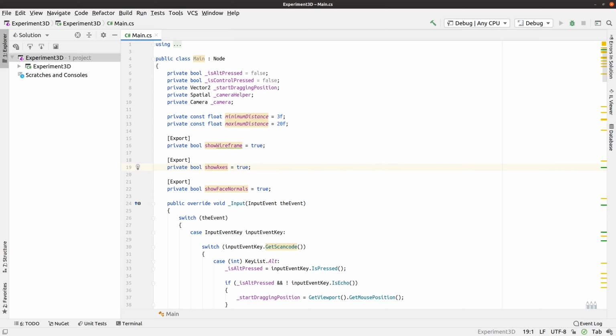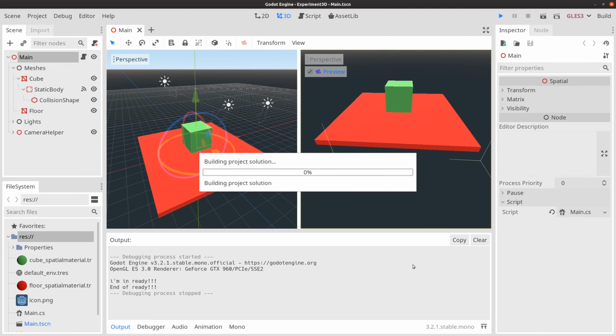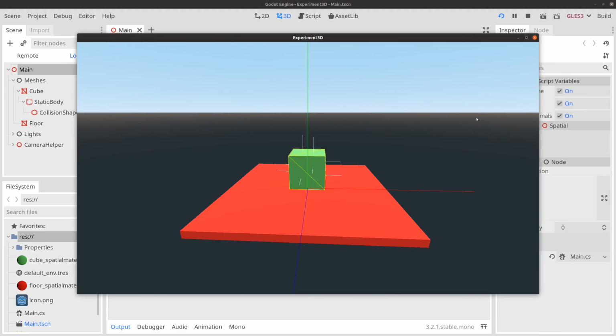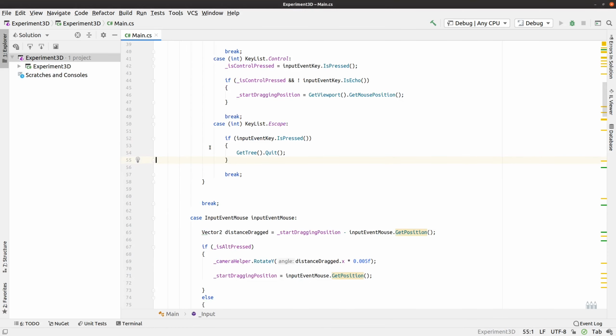So we have the main node selected, and I don't see those variables here, so I'm going to hit the play button. And I don't know if you've noticed, I'll close this up, but now you do see these. It's the script variables, and there's checkboxes for the three things that we set up. Now, they don't do anything other than show in the editor because we didn't add any code to do anything with those variables. So if we go back to Rider, we can certainly do something with these,